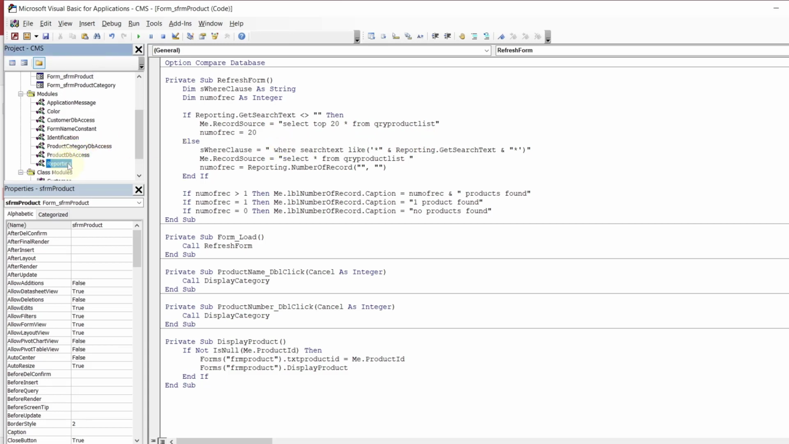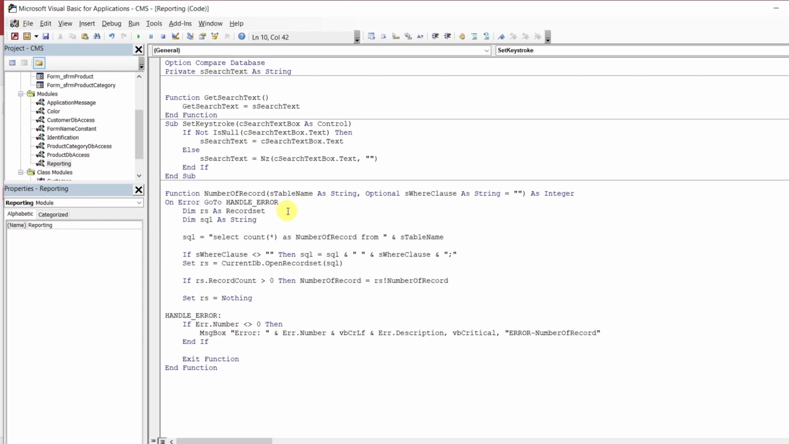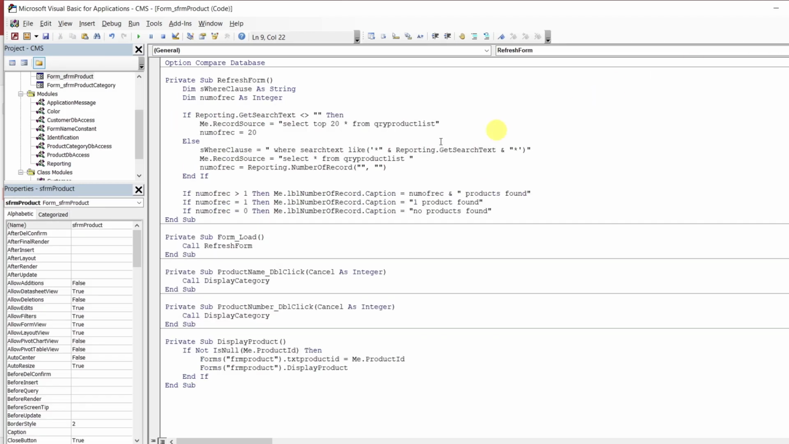In here, in reporting, number of, see this guy right here? It only asks where, and there's no where in here. There's no keyword where. So that's why you have to put where there. And now you can say and as where clause. And here